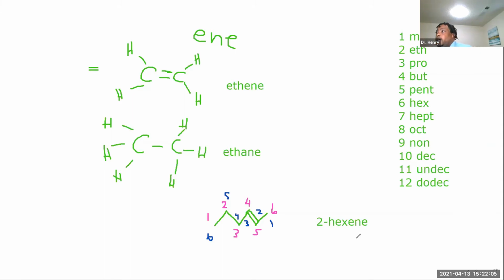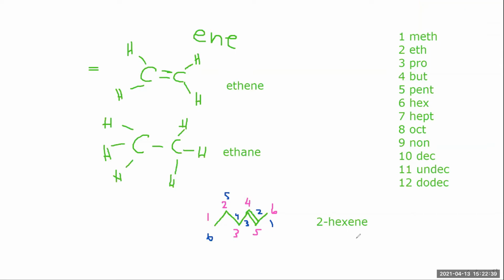I was just going to say, if I drew it backwards, it would still be correct, right? Like if I drew one line and then put a double. Yeah, and that would have been fine, as long as it's on the 2nd carbon. And so you always count your carbons to find the main functional group, because there are going to be multiple functional groups that we're going to be looking at. Now, the main functional group has to be the one with the lowest number. Okay, does that make sense?